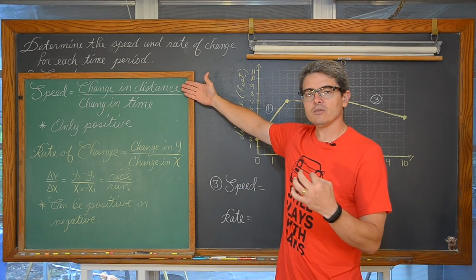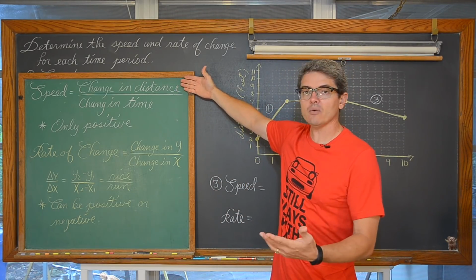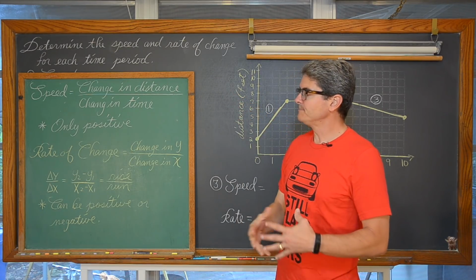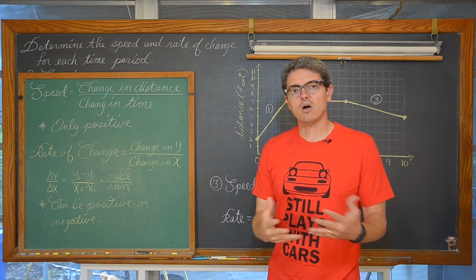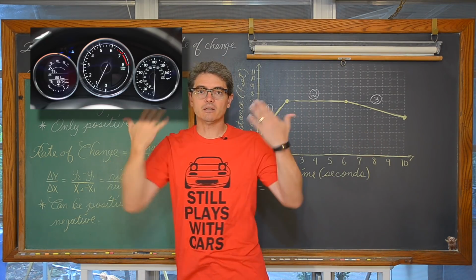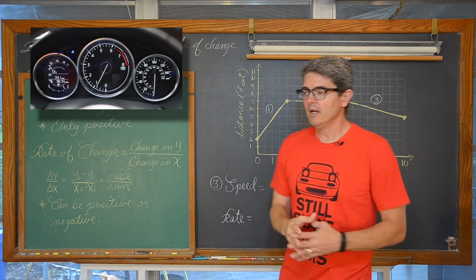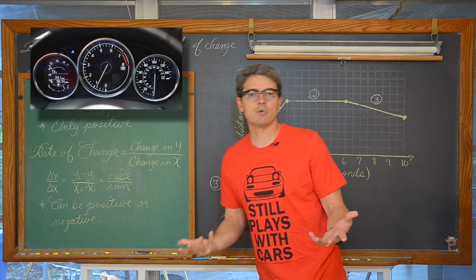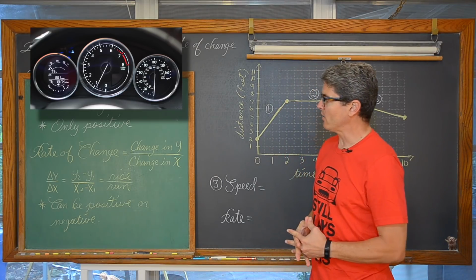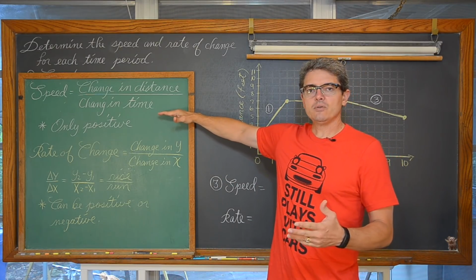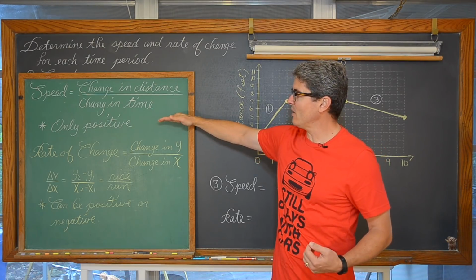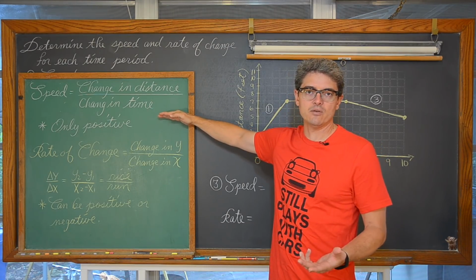And when you are looking at a change in distance over a change in time, we're looking at that often in a scenario of speed, like your car's speedometer. It tells you how far you're moving over a given period of time, and that's going to be miles per hour or kilometers per hour. Now, the one thing to note, if you have looked at a speedometer in a car, you are only going to see positive values.